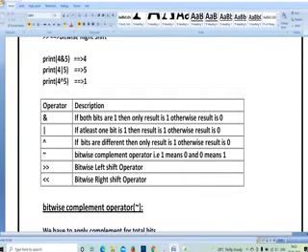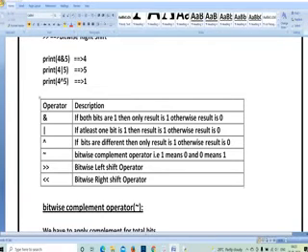Coming to the AND operator, in the AND operator, if both bits are 1, then the result is 1. Means both conditions are true, you are going to get output as 1, or else you are going to get output as 0. In the OR operator, at least one value should satisfy, then only you are going to get output as 1, or else 0. Next is the XOR operator, and this is its symbol. If the bits are different, the result is 1. For example, x is equal to 5, y is equal to 7. So x and y are different values, so you are going to get result as 1, or else you are going to get result as 0.